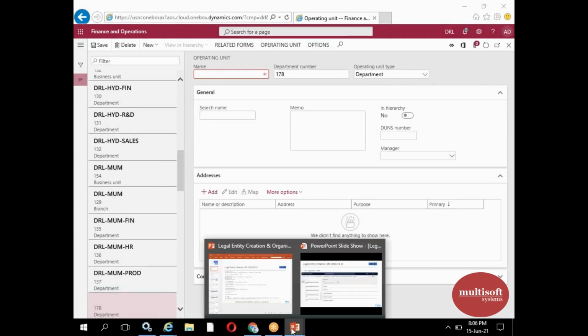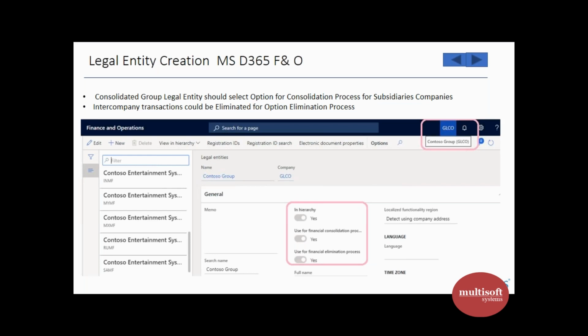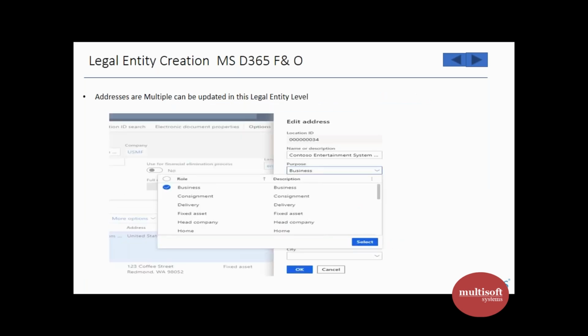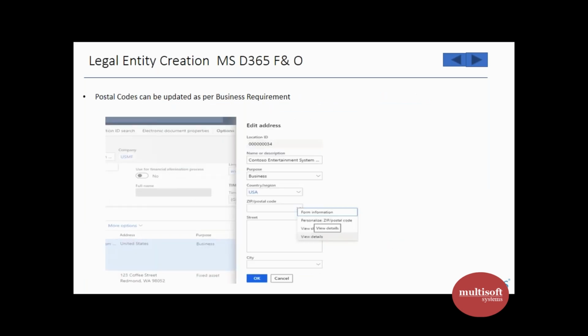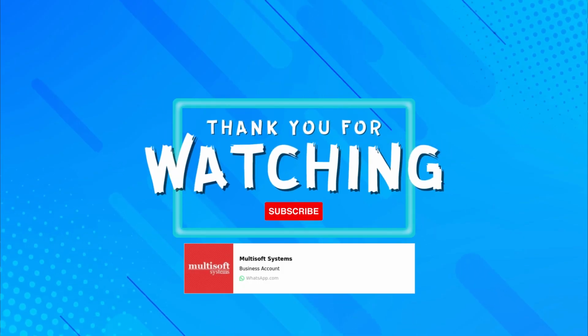Okay, now I'm going to this presentation. Now I explain the legal entity concept, hierarchy, and then edit address. Postal codes can be updated in the business as per the business requirements, whether it belongs to the country